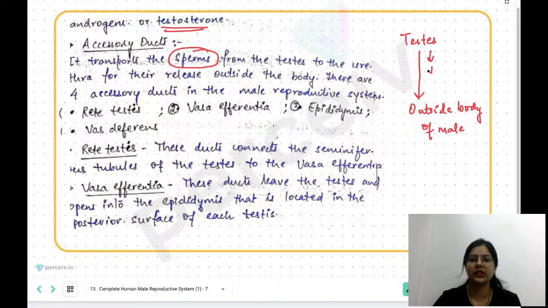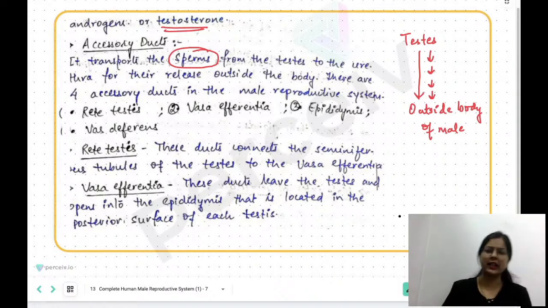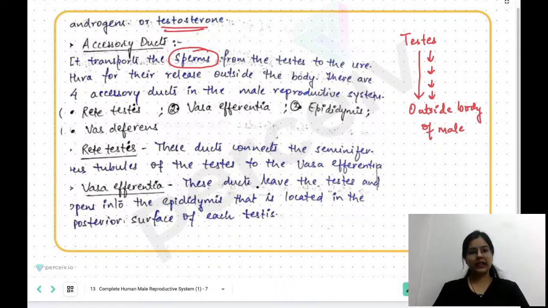कुछ ducts होते हैं जो ये क्रॉस करता है और तब वो मेल बॉडी के बाहर जाता है, जो कि उसकी बेसिकली हेल्प करते हैं. Indirectly we can say that they help it, ठीक है. तो इसमें अगर हम देखेंगे, तो ये जो डक्ट्स होते हैं ये बेसिकली हेल्पर डक्ट्स होते हैं which will help in the transportation process. So there are 4 sequential ducts that you have to remember, and that is rete testis, vasa efferentia, epididymis and